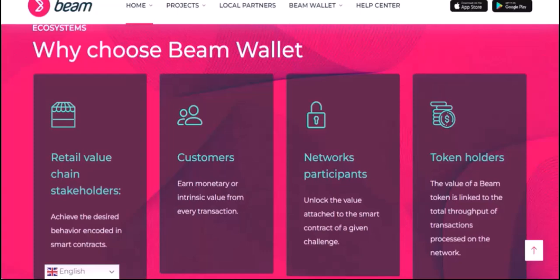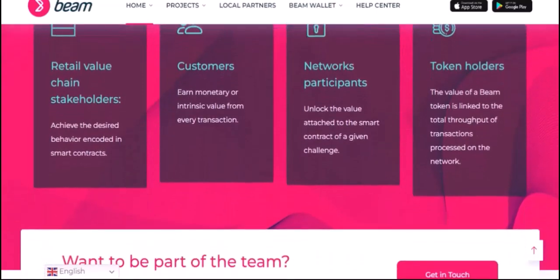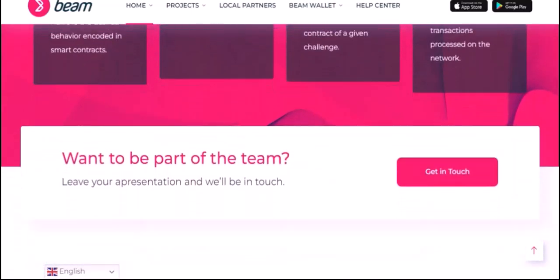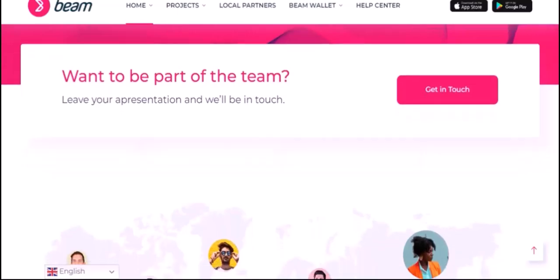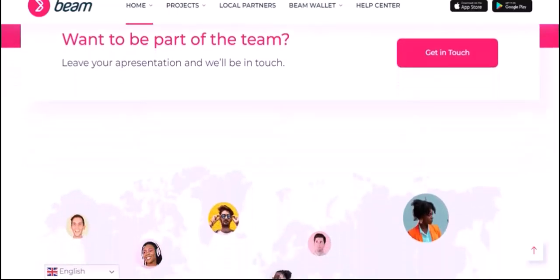The core idea is to break down the silos that currently exist in the digital asset space. To create a connected and interoperable world where your digital possessions are truly yours. And Beam, the currency, is the engine that drives this vision. It's the key to unlocking the true potential of the